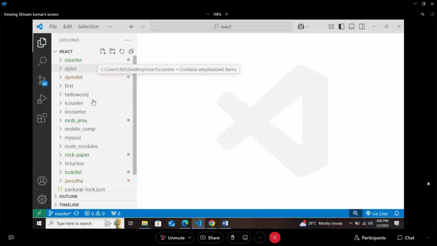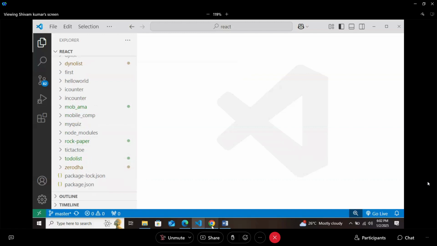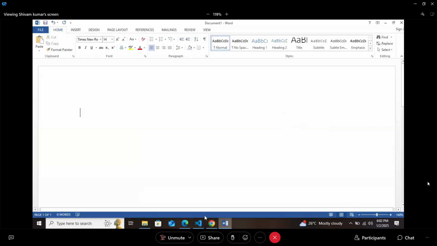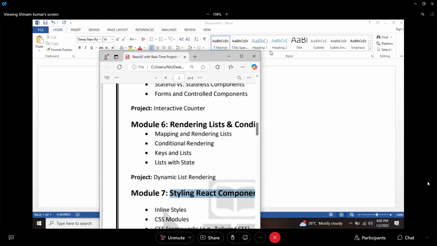Counter we have done, quiz. Quiz was also done by using state only, rock paper, tic-tac-toe. We did at least 3-4 projects. After that, now we are starting module 7, how you can style your component in React.